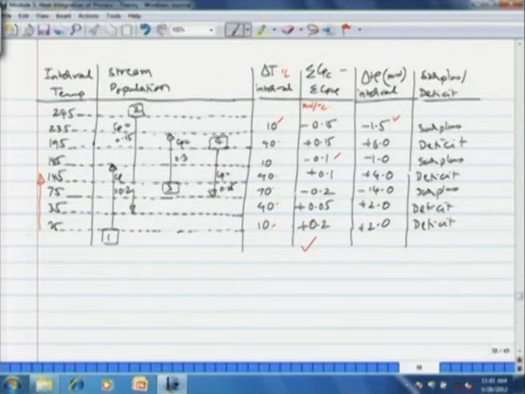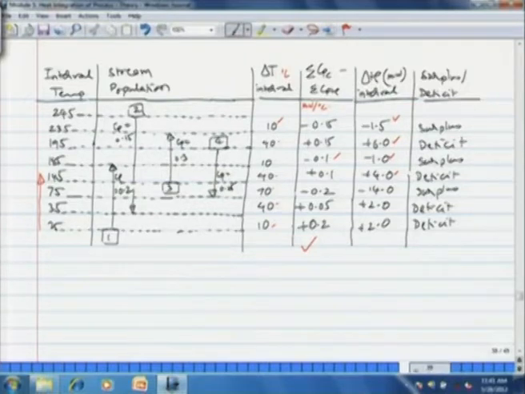Then in the next interval, we have CPC is 0.15 into 40, that delta T temperature, so 6 megawatts of heat deficit, and so on and so forth. So next interval we have minus 1 megawatt of surplus heat, next interval plus 4 megawatt of heat deficit, and so on. So we have now completed the algorithm.